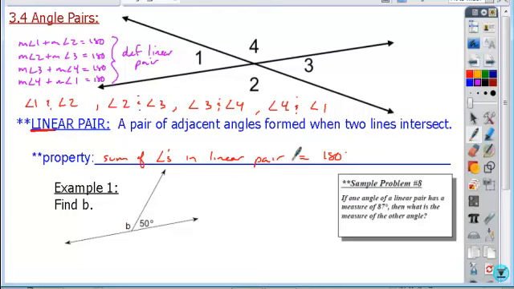Okay, so again, as simple as you can get is this first example. What would B have to equal given the definition of linear pair here? 130, right? B plus 50 has to equal 180. It's a linear pair. And so if we subtract 50, we get our answer for